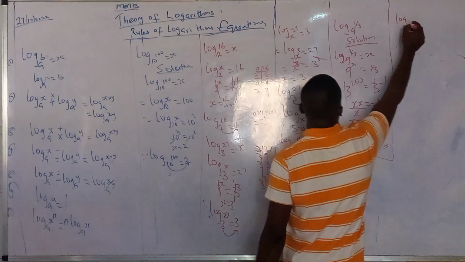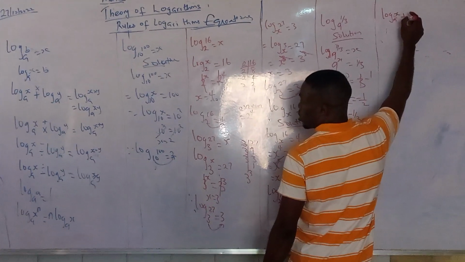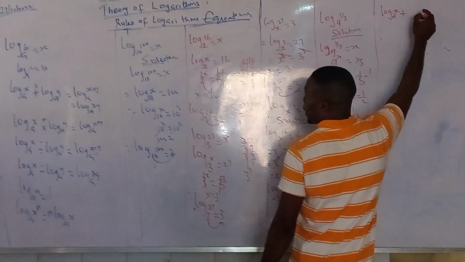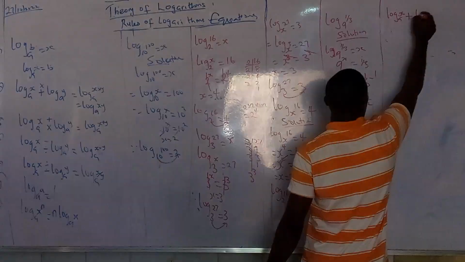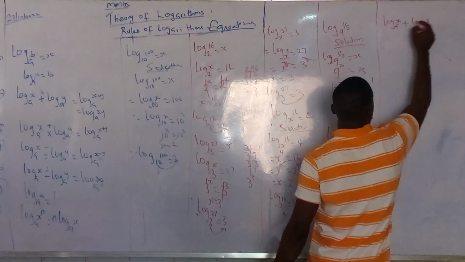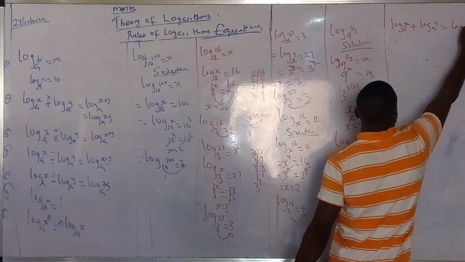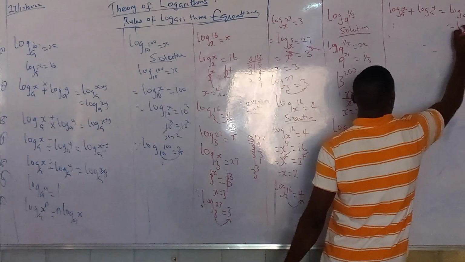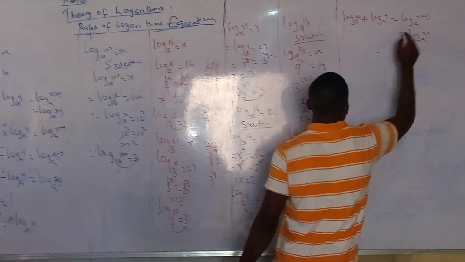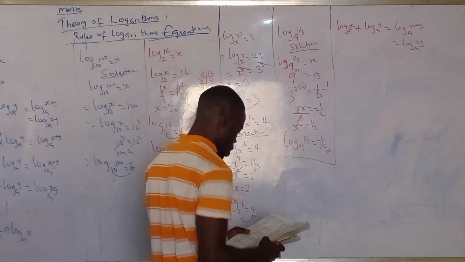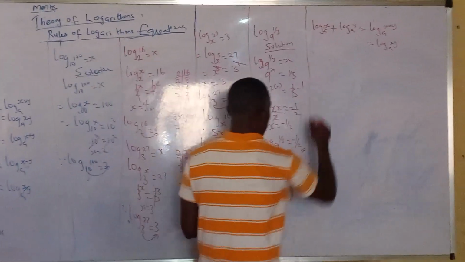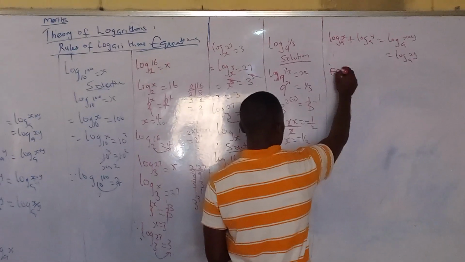Log a x plus log a y, which will give us log a to the power of x times y. We have log a xy. So here, let's look at some questions on that. If you are given example 1,